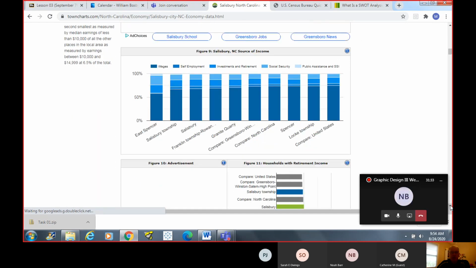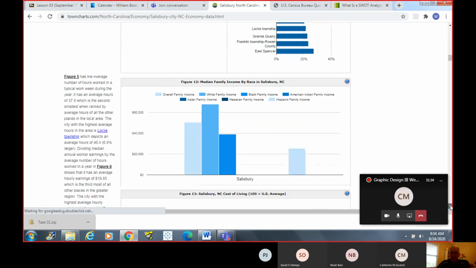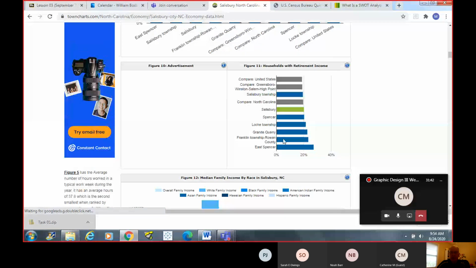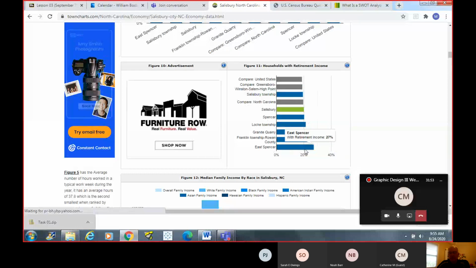Earnings by household, wages, self-employment, investment. So you can see this actually has a little bit of breakdown to some of the towns around. So Spencer's the next town down 85, you know, some of the things it shows retirement income. So 20% in Salisbury have retirement income. East Spencer have a little bit more retirement income. So Amanda's could focus on